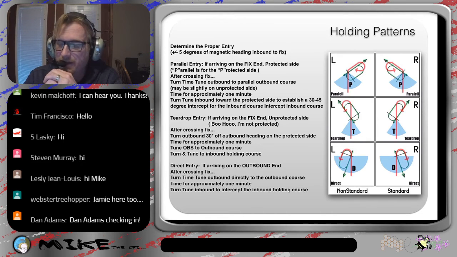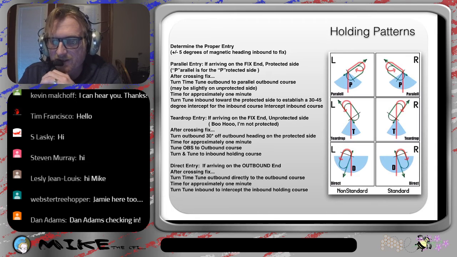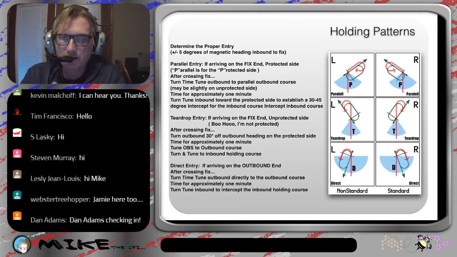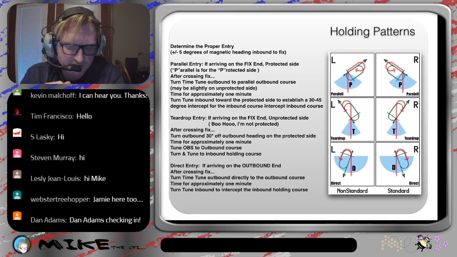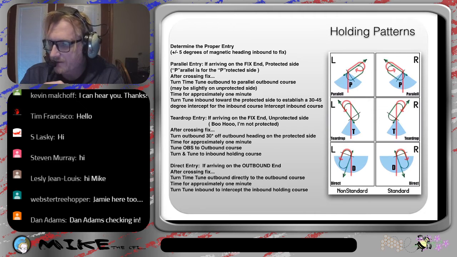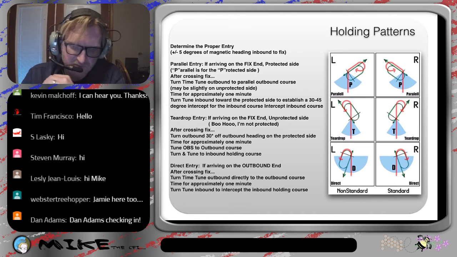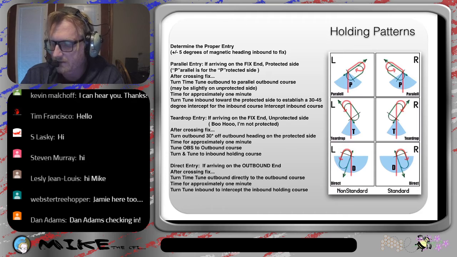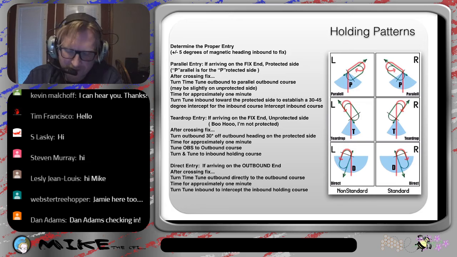There's a lot of FAA test questions that ask you what is the recommended holding entry procedure, but that being said, there are some different holding techniques that I've seen other pilots do, and some of them actually work out pretty good under the right circumstance. But using the parallel entry,